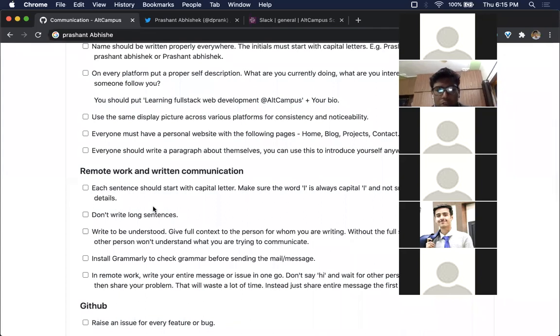Now, let's talk about remote work and written communication. In remote work, most of the time people will be talking asynchronously. They wouldn't be doing video calls, but most of the communication would happen via Slack, email or GitHub, right? One of the good things about this remote, online program is that these things are baked into the program, whereas this was sort of missing in the offline one. But anyway, because all of the communication is now happening in the written format, we need to